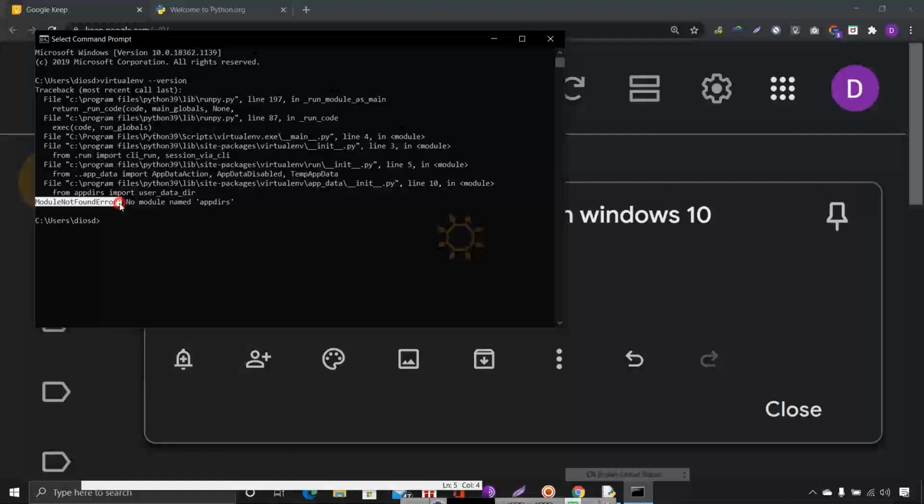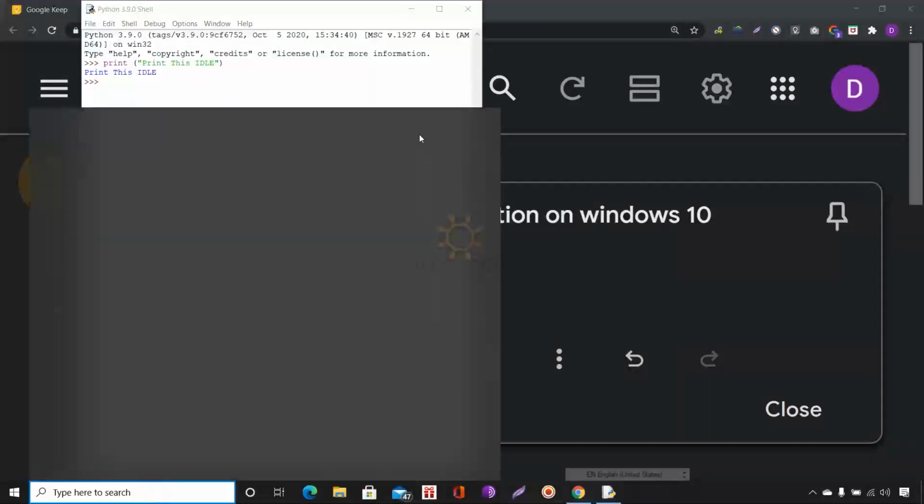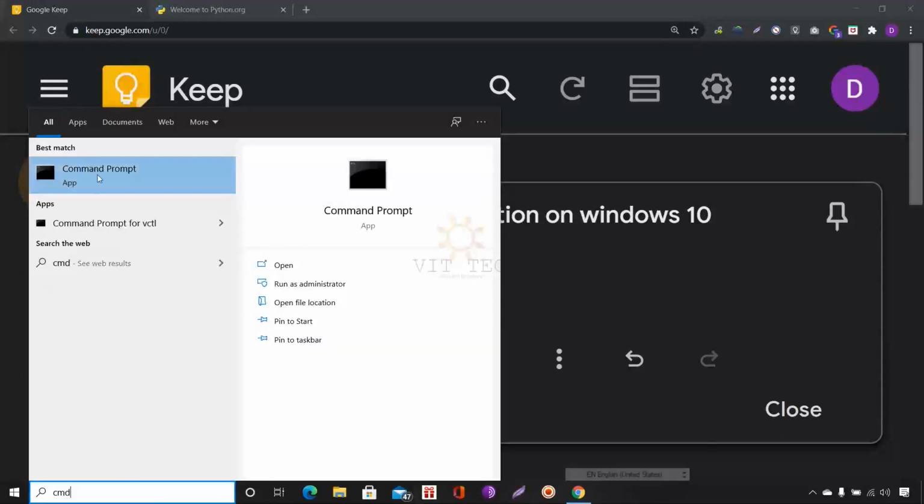That means virtualenv is not yet installed. So we have to install virtualenv. To install it, use CMD as administrator, run as administrator.